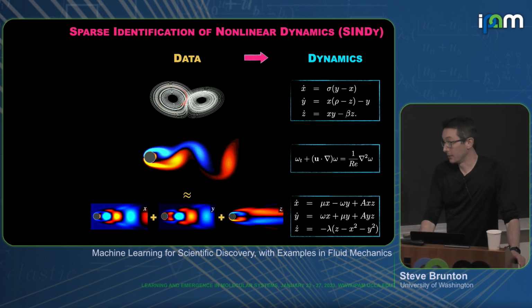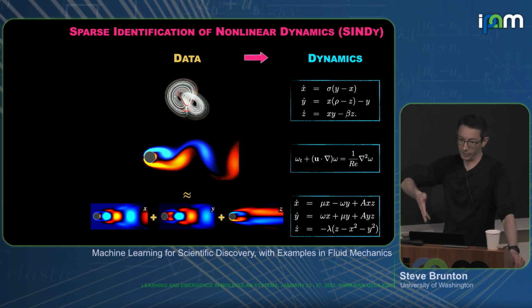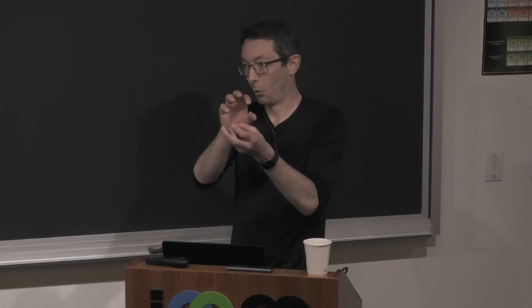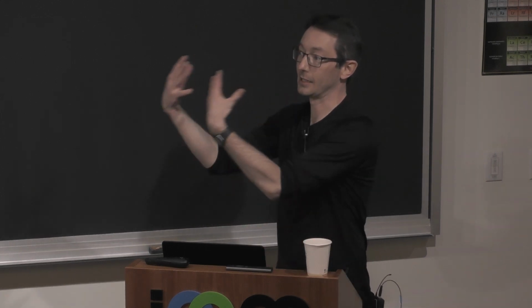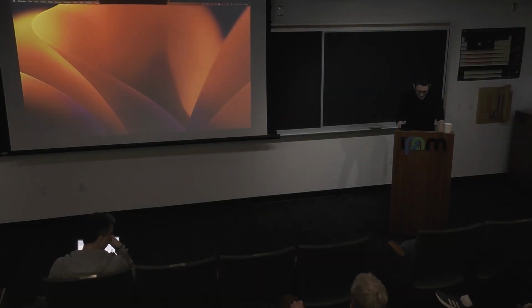My former PhD student, Kathleen Champion, generalized this to learning autoencoder coordinates with SINDy models in the middle. It's a very tough optimization because you can't do it sequentially anymore, because there are infinitely many warped versions of an autoencoder latent space. And so you simultaneously have to learn, let's see if I can just jump ahead to that. I'd like to show you that slide if I can.